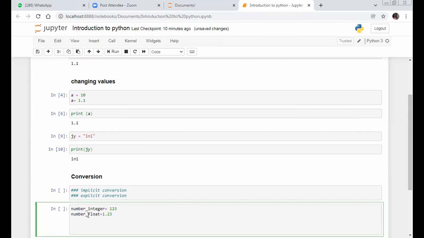Okay. Now we are adding integer. We are going to add integer and floats. Sum is equal to